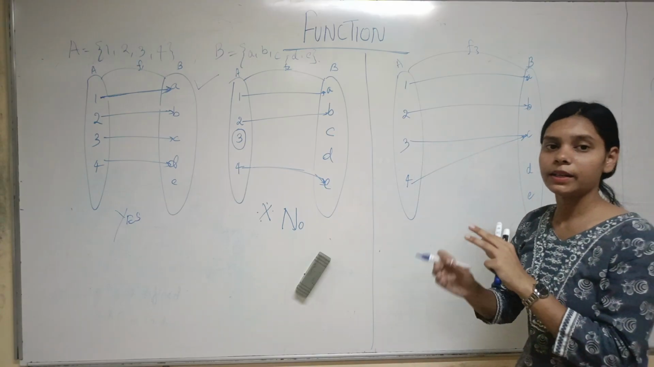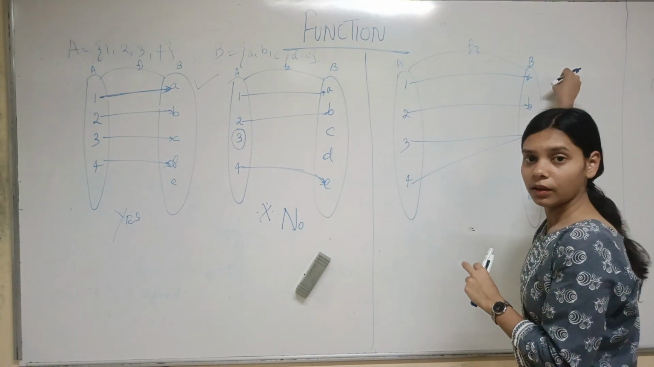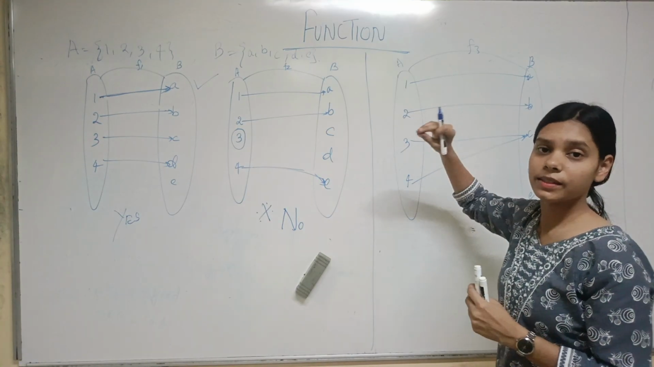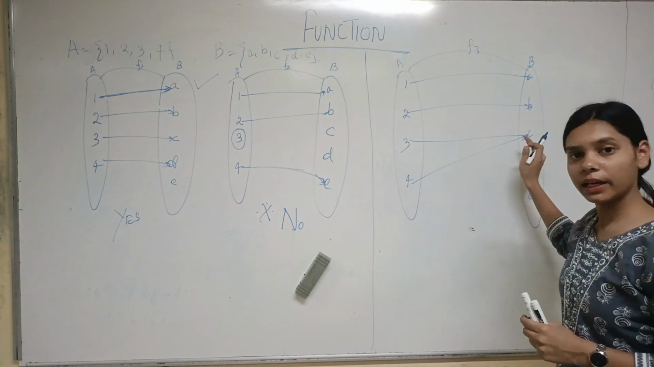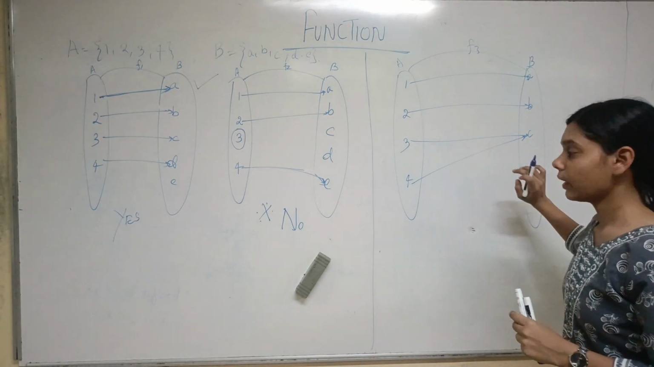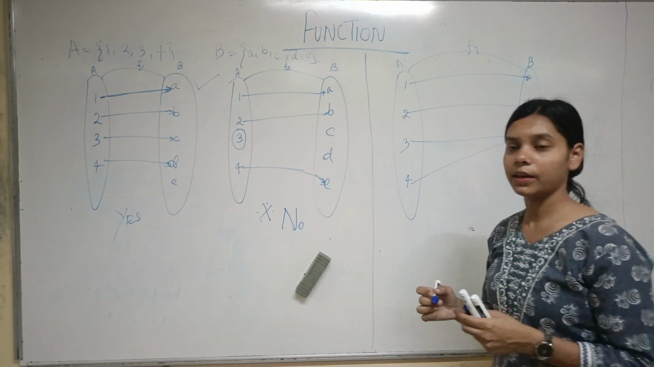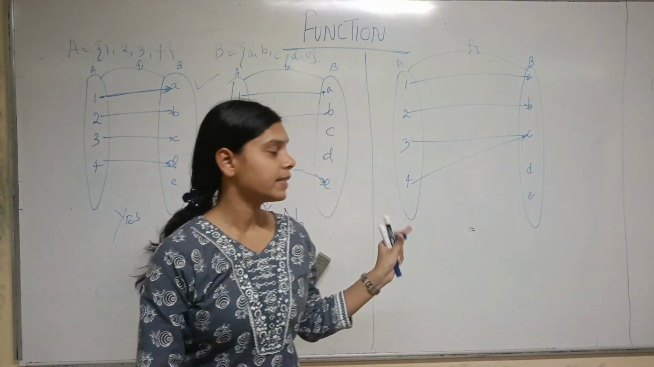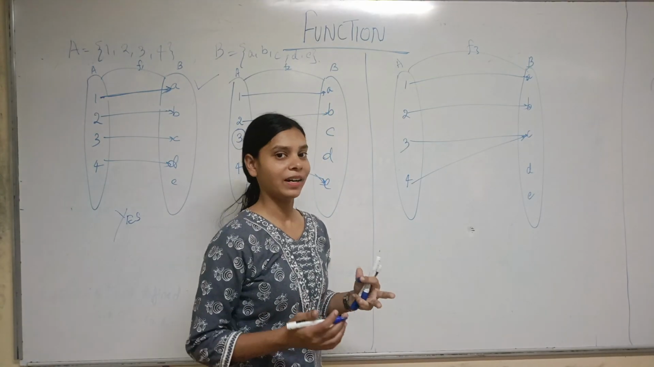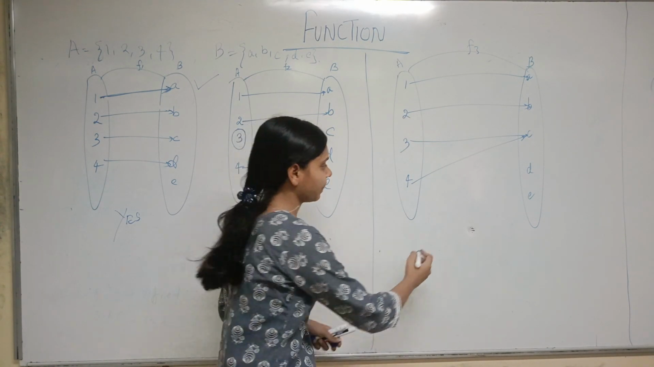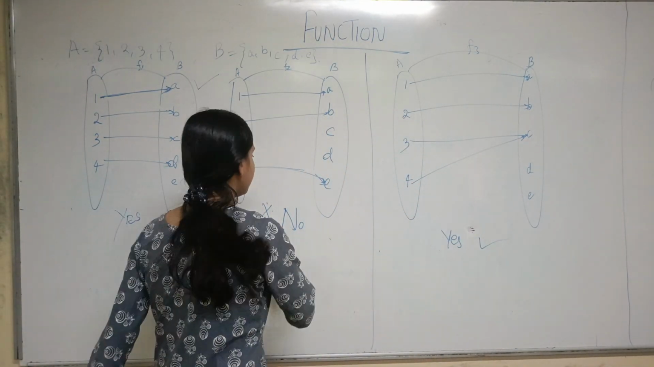In the definition, there is no restriction on set B. Restriction is only put on set A, isn't it? So 3 has a unique association and 4 also has a unique association, going to C. Right? So all the conditions of the function are satisfied. So we can say that F3 is also a function. This is also a function. Similarly,